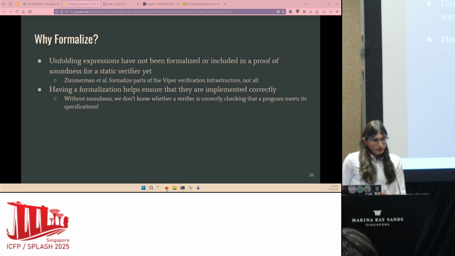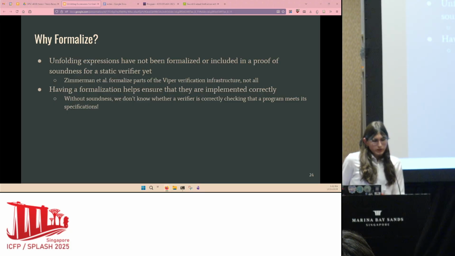And so to address why we need to formalize this, in order to build upon it, to show the soundness of the verifier and how we evaluate unfolding expressions: these haven't been included in a proof of soundness or a formalization of the semantics in any static verifier yet.